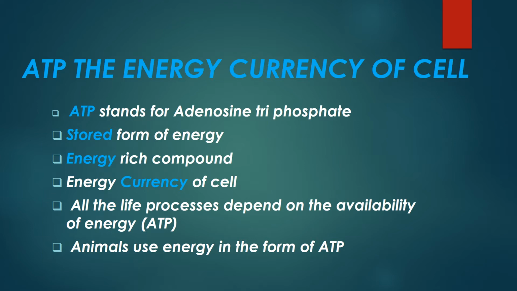They need energy. The living organism uses this energy in a stored form, so we can say ATP is a stored form of energy. So living organisms use energy in the form of ATP,